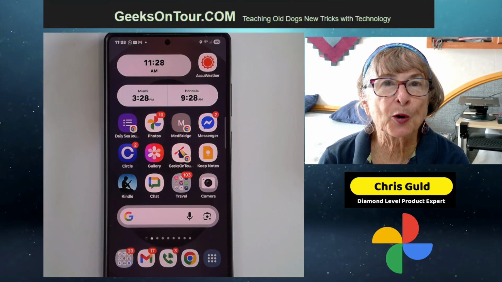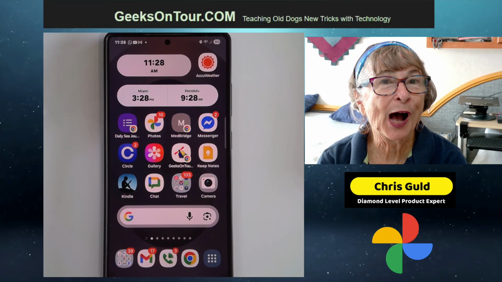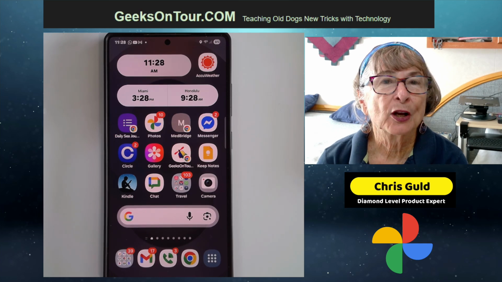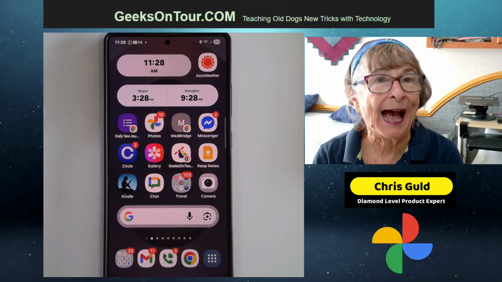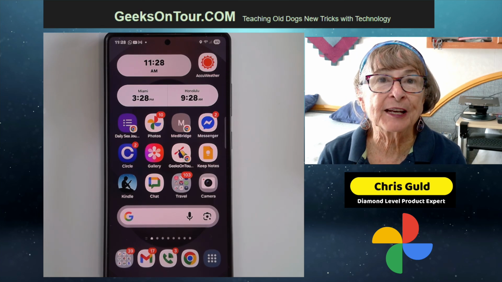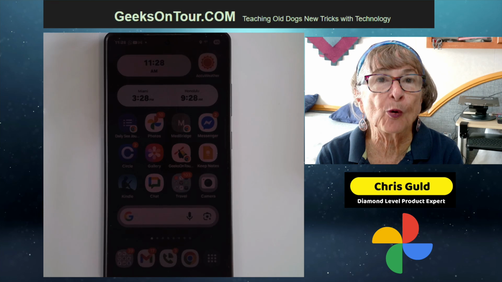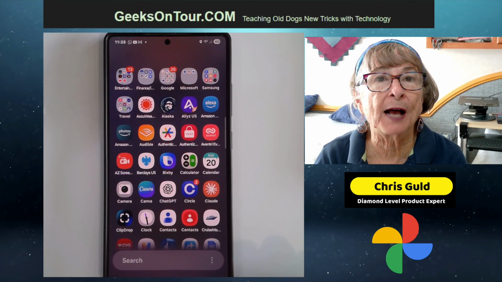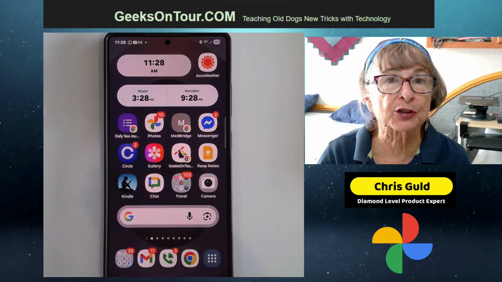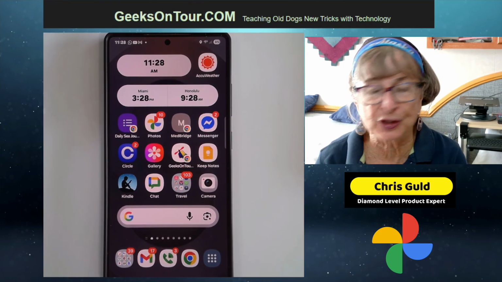A much requested feature in Google Photos now works. Searching, and only searching, albums. So instead of getting results from across your entire library, you are looking for an album. Up till now, it hasn't been possible to search just within albums. Now it is, but there's a little catch.